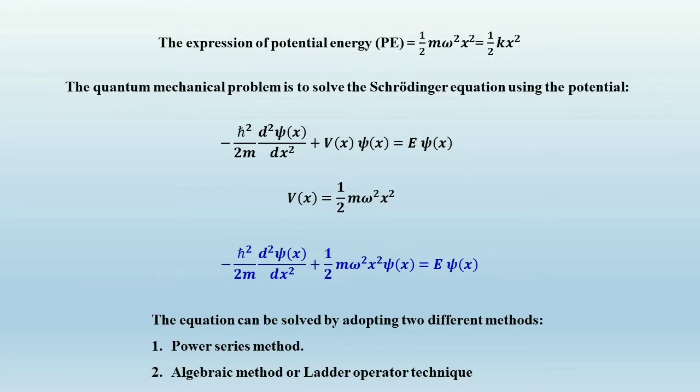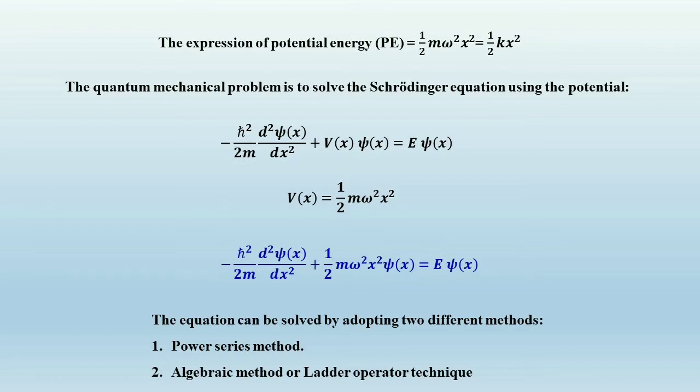So we have the expression of potential energy for a harmonic oscillator, half m omega square x square, or you may write it as half kx square, as omega is root over k by m. So the main task of a quantum mechanical problem is to solve the Schrodinger equation,